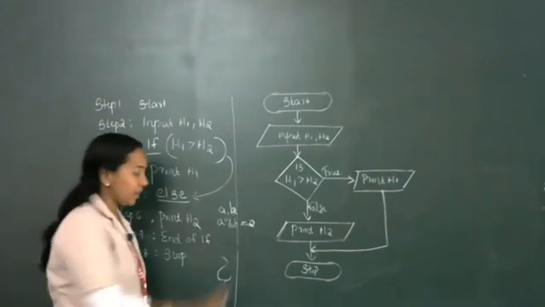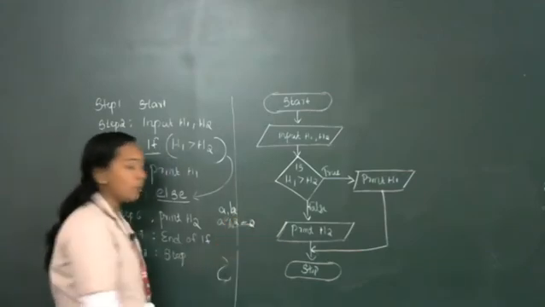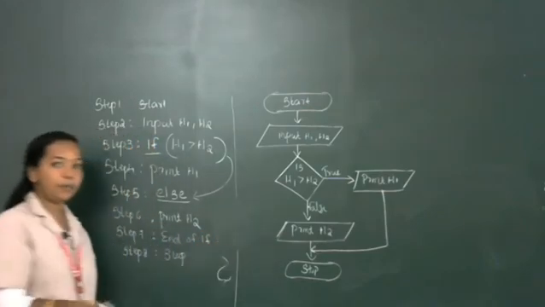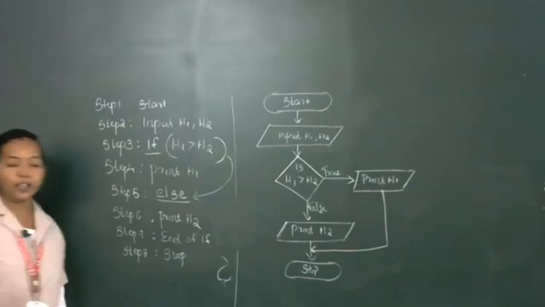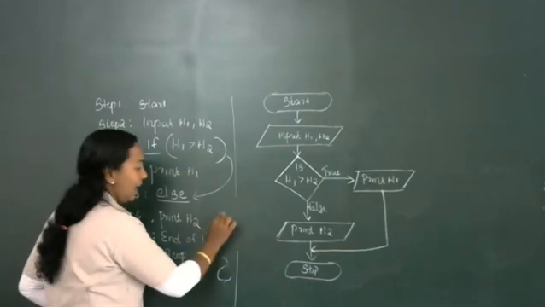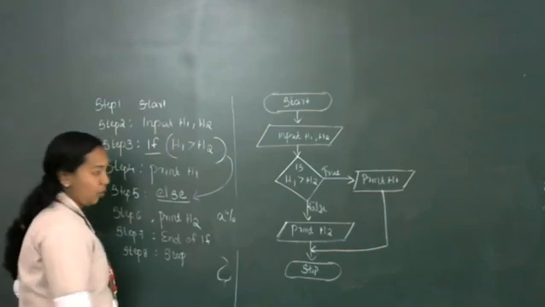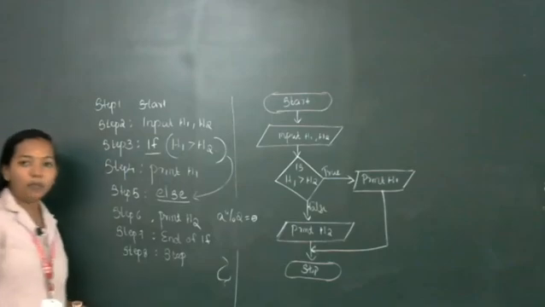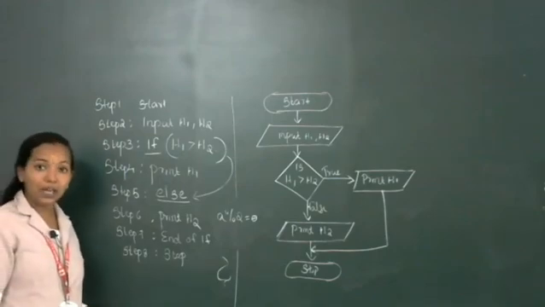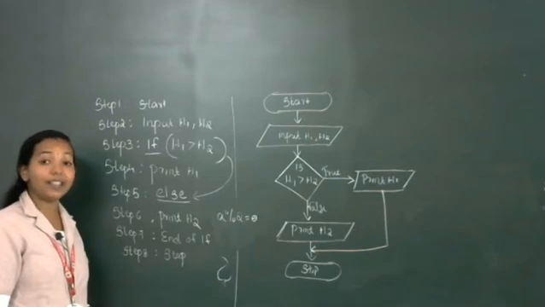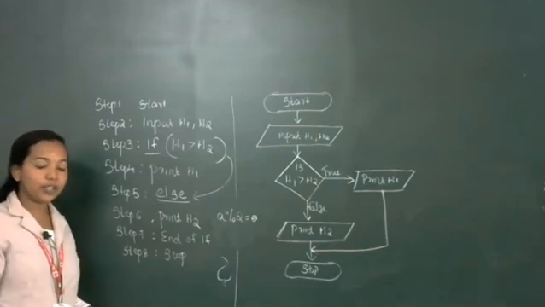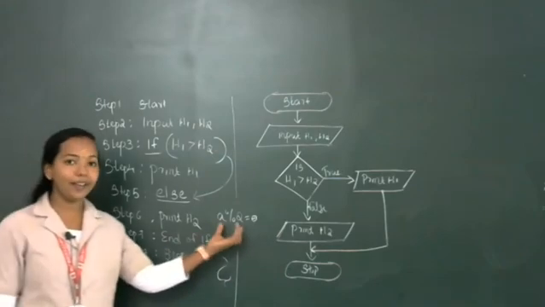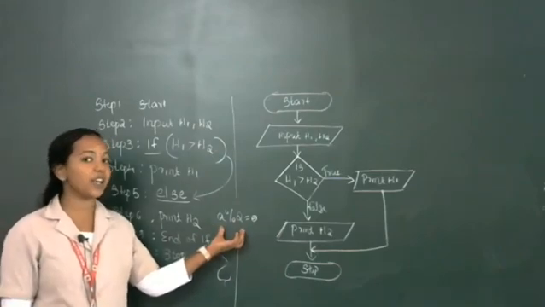When we are dividing by 2, okay, we are inputting one value, any one value we can input, it may be a, b or whatever it is, single input is required, input that value and after that we can perform the modulus operation. If a mod 2 equal to 0. When we are dividing a number by 2, if the remainder is coming, then the number is an odd number. If 0 is coming, then it is an even number. Which operation? a mod 2. Modulus operation, we are checking the remainder.